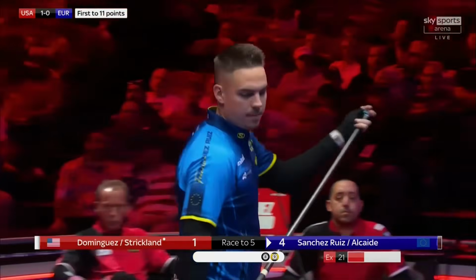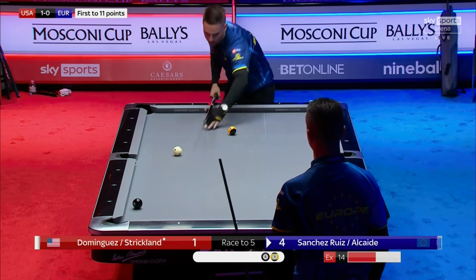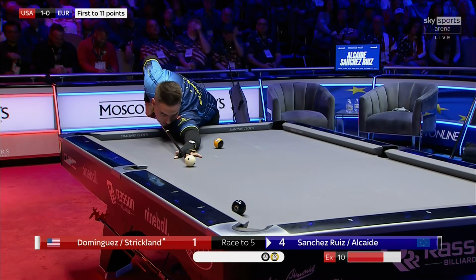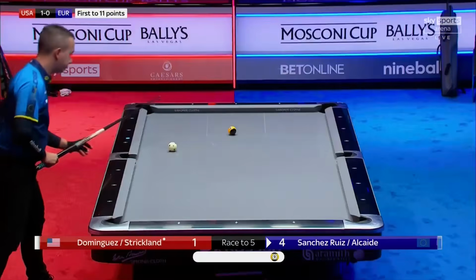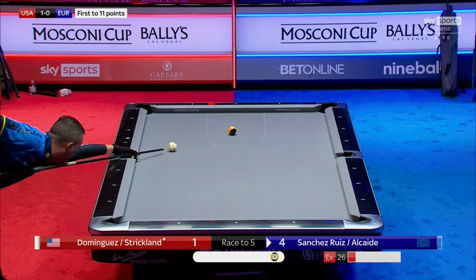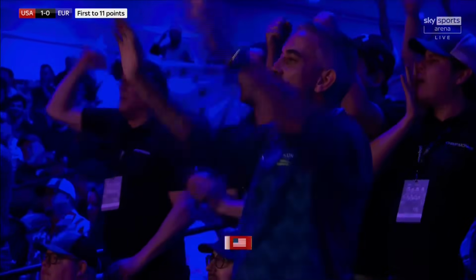It's actually not ended up too bad there because he's just off straight, so he can draw the cue ball back up with a little low right, play it into that rail, and the cue ball will pull back up into a similar line to where it is now. Might not go that far. And then Alcaide will be playing. Nicely set, Carl. Look how effortlessly he pulled that cue ball back. Oh, yeah, that was absolutely perfect from Sanchez Ruiz. Perfect it was. Sanchez Ruiz and Alcaide take